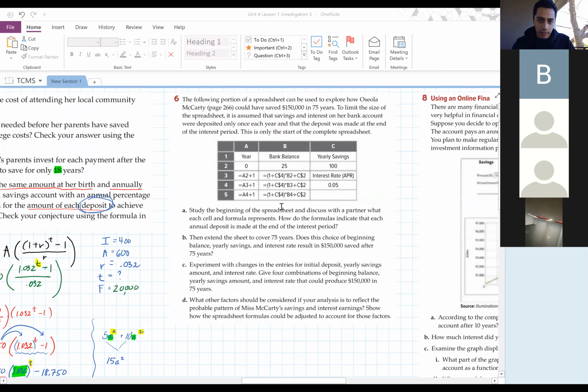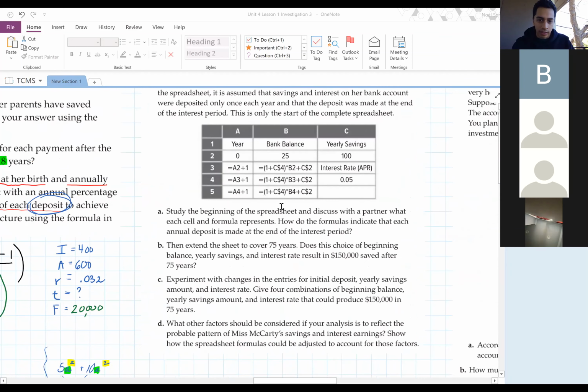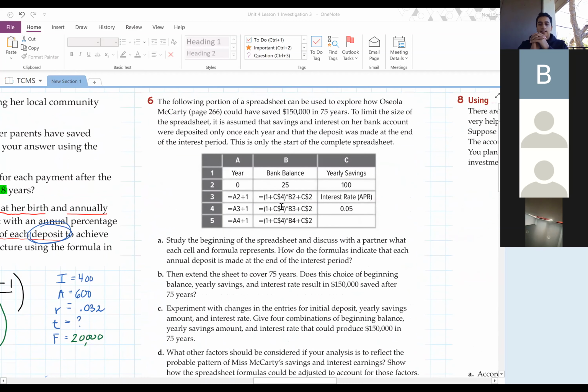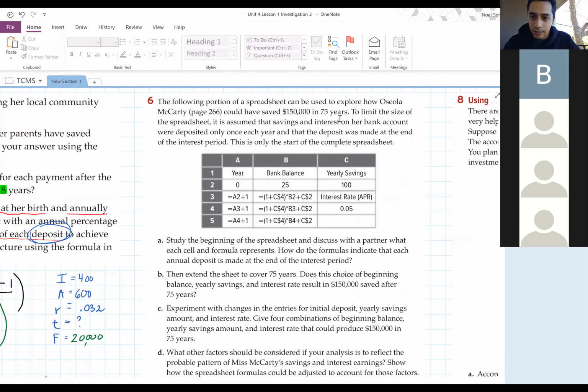All right. So today takes us back to something that we looked at last week. In a normal scenario, I probably would have had to set this up in class and then we could have worked through it. But we're going to skip setting up the spreadsheet, just because it takes a really long time. And for this particular problem, this lady saves for 75 years. So I don't want to make 75 different lines on